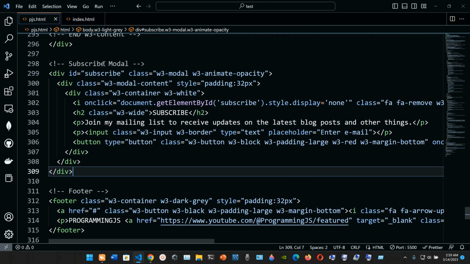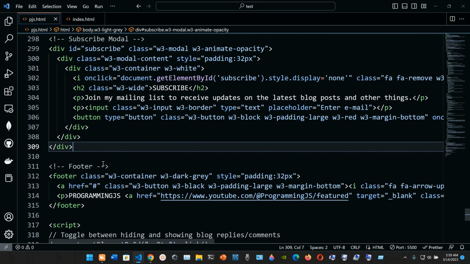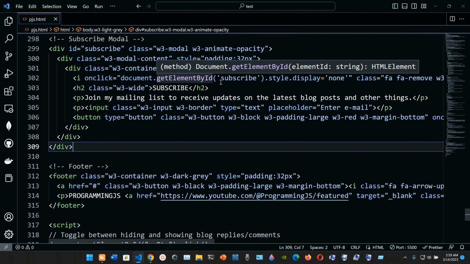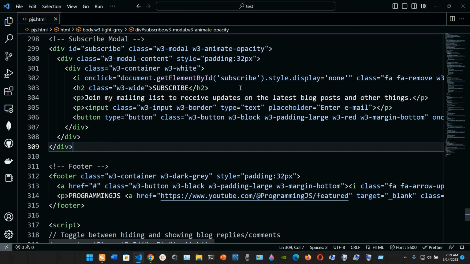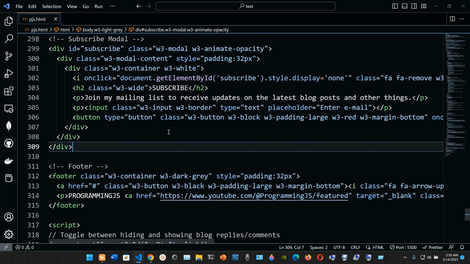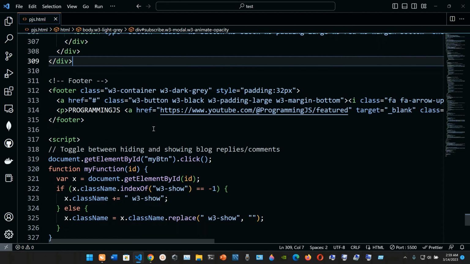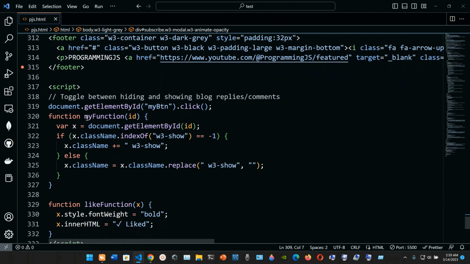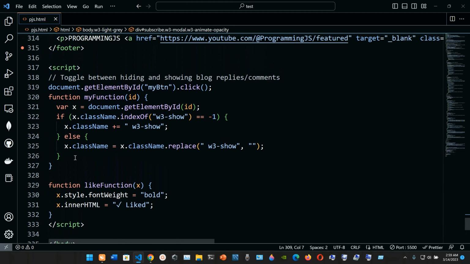So we are here at this point. And okay, the onclick event is going to be document.getElementById, and the ID is going to be subscribe. Okay, so we have that up to this point, and let's just keep this footer to the end, and let's move to the script element. So let's go from lines